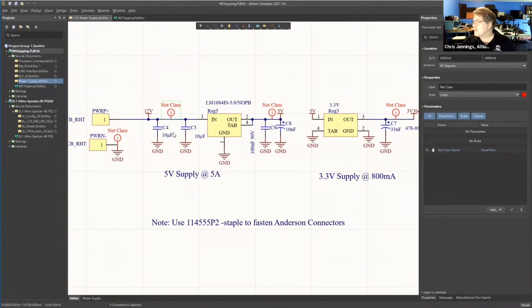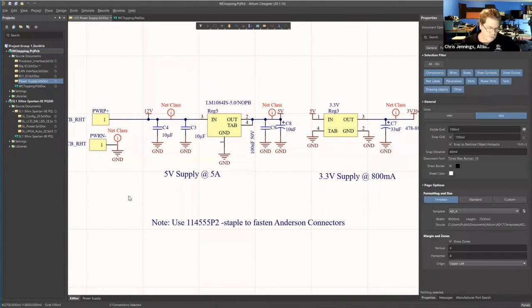A net class provides a way of identifying nets. In particular, it's used for the PCB layout. If I call this as a net, this is now a net class, and it's called power nets. That's the name of this net class. So the 12-volt net, power net, is part of a net class called power. Likewise, the 5-volt net is also part of that same net class. And you can now write rules in the PCB and address the net class and say specifically, I want,